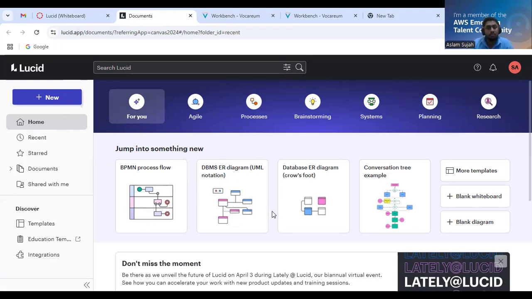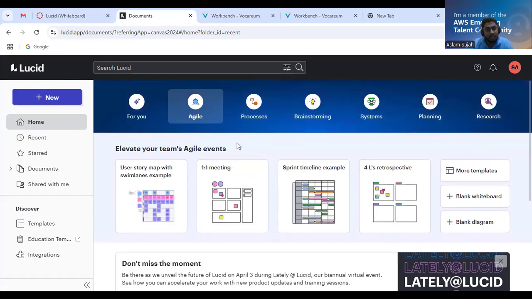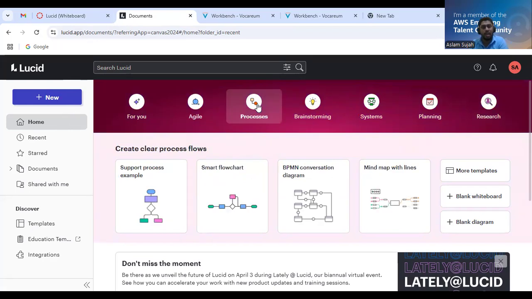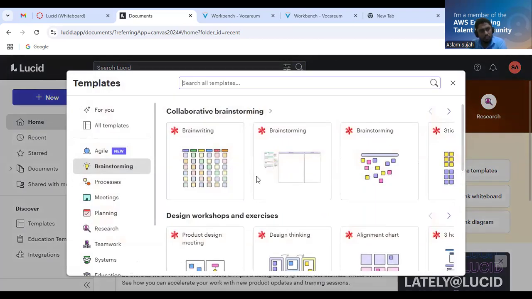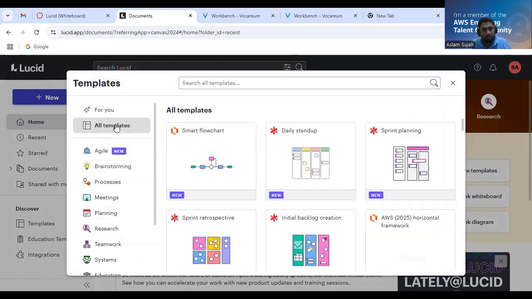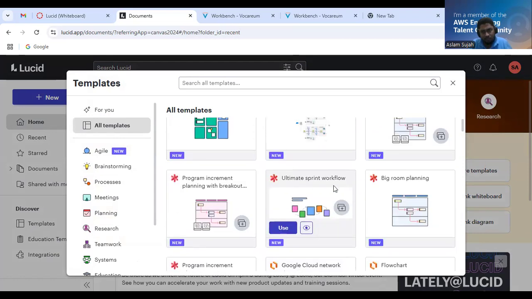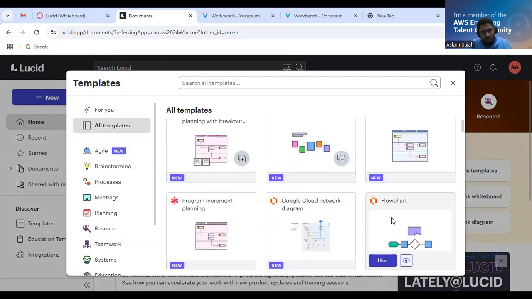If you want to create some tree diagram, there are so many diagrams there. If you want to create some agile workflow diagrams, the process diagrams, sometimes we need to create some mind maps. Whatever you search here, you can find different types of templates. Here we have a huge amount of templates. Once you click all the templates, you can look at them. These are some of the flow charts. If you want to create a flow chart, once you click use, double click that template, you can get that